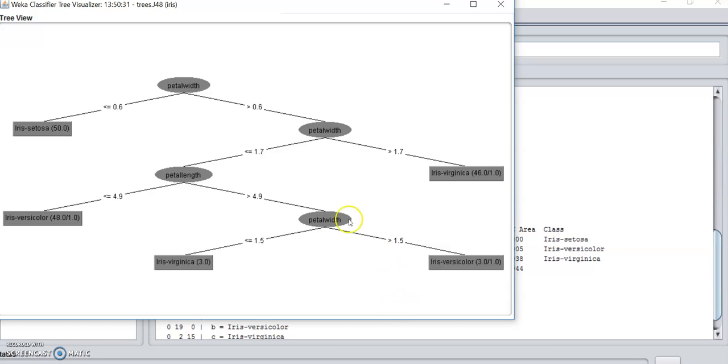Anyway, let's go on. What if we follow this path here? Both of the questions so far have been about petal width. So what does this mean? If it's greater than 0.6 but less than or equal to 1.7, so if it's in that range, then we question its petal length, the flower's petal length. We split on the value of 4.9. So if it's greater than 4.9, then what do